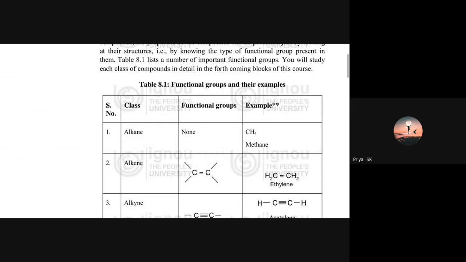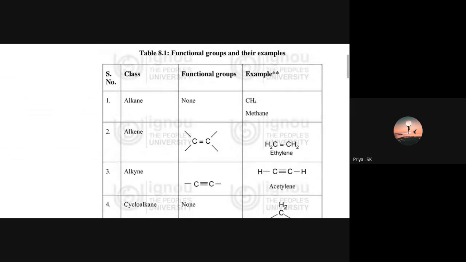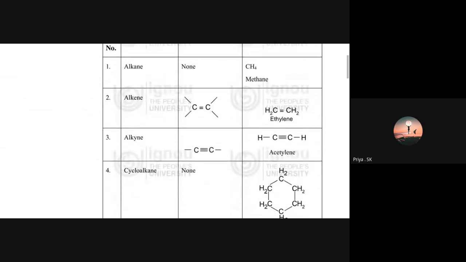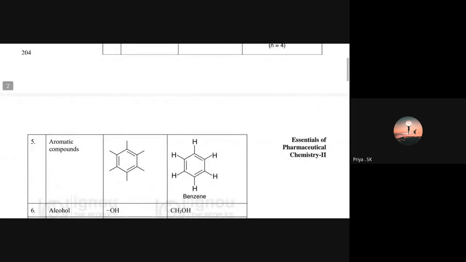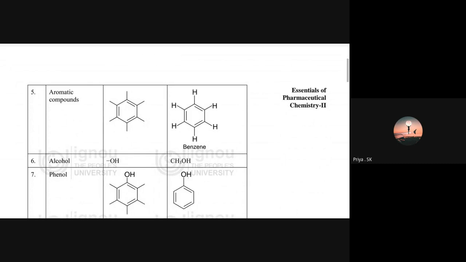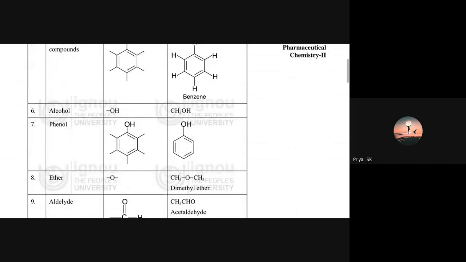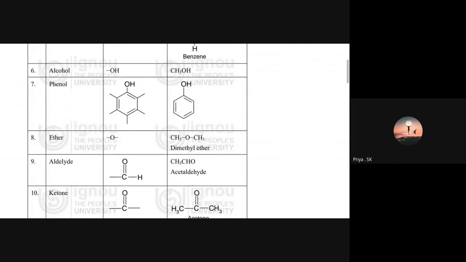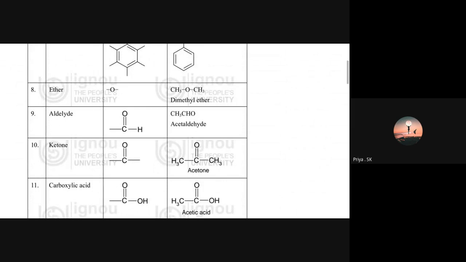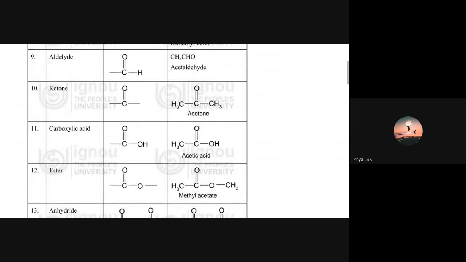You must have heard these terms in organic chemistry: alkane, which has no functional group, such as methane; alkene, which has a double bond between the carbon atoms, like ethylene; alkyne, which has a triple bond between the carbon atoms, like acetylene; cycloalkane, like cyclohexane; aromatic compounds like benzene; alcohol like methyl alcohol and ethyl alcohol; phenol, which has an OH group in the aromatic compound; ether, which has an oxygen atom between the methyl groups, like dimethyl ether; aldehyde, which has oxygen bound to a carbon atom and hydrogen bound to the carbon atom, an example is acetaldehyde; ketone, which has oxygen bound to a carbon atom with a double bond, an example is acetone;